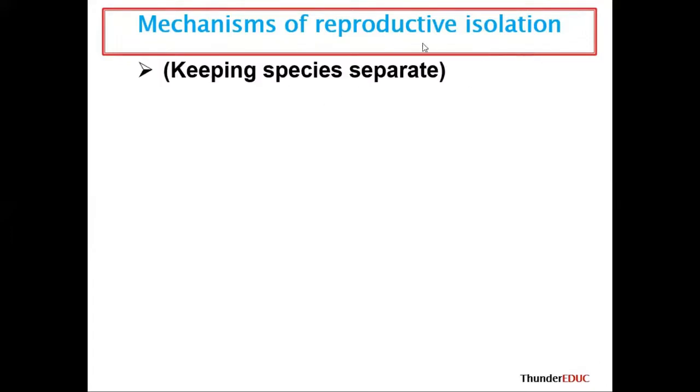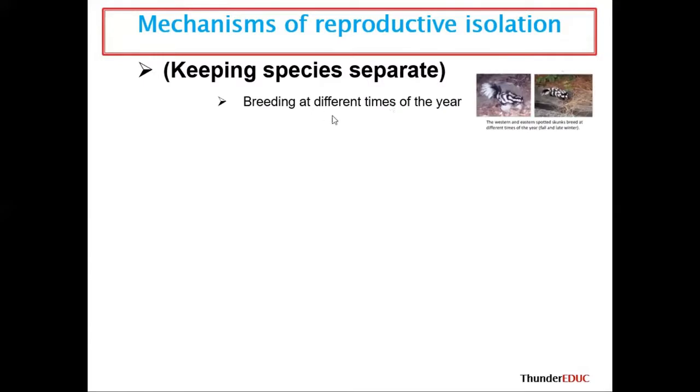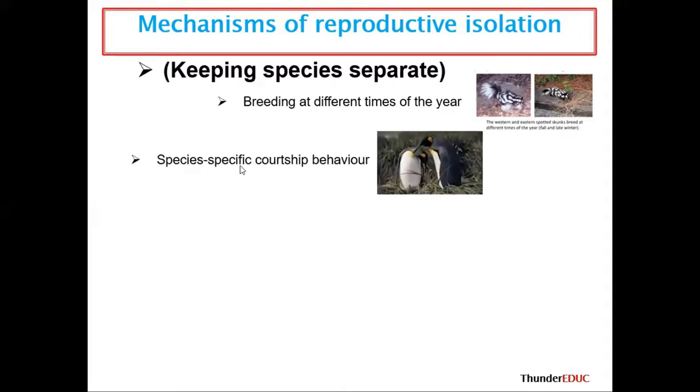Reproducing. Keeping species separate. So number one, breeding at different times of the year. Yes. So this one breeds in fall, and then this one breeds in late winter. So it means that they cannot have any time when they are breeding at the same time. So they are being separated by the different times of the year. Number two is